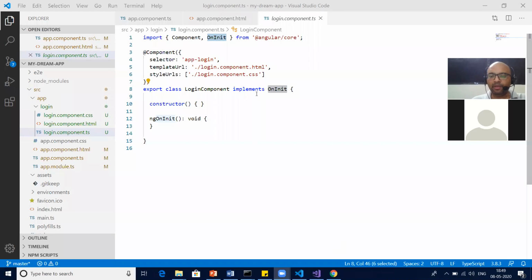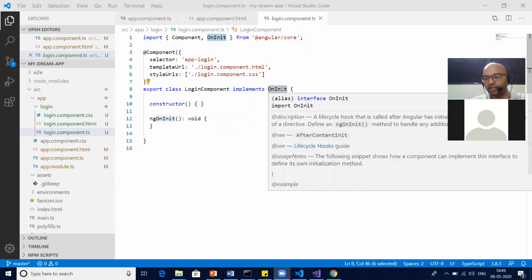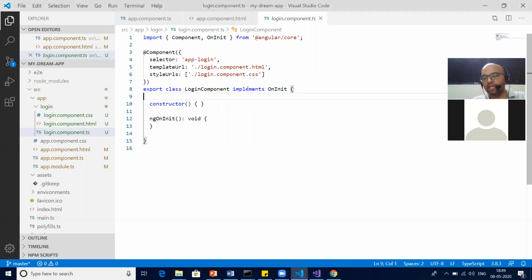Okay, so an interface is basically a collection of methods and properties in TypeScript, correct? So you have some predefined functions in interfaces that you need to provide a body for wherever that interface is implemented, which means in simpler terms, if you are implementing from the interface, you have to give a body to the method of the interface. Okay, so let's see an example.